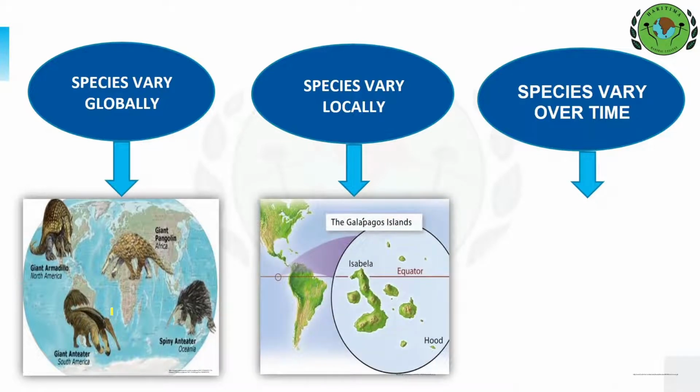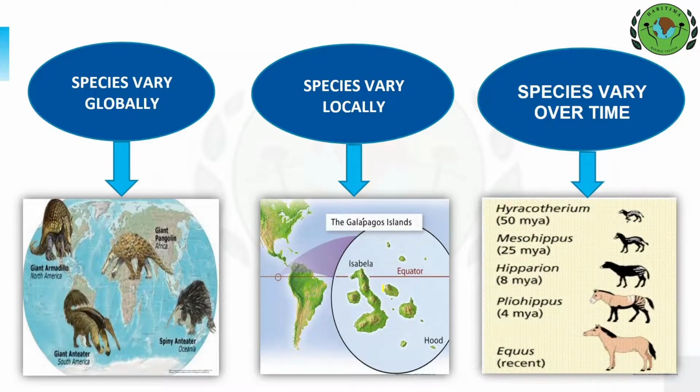Next pattern is how species vary locally. Darwin noticed that different yet related animal species often occupied different habitats within a local area. An example of this is in the Galapagos Islands. Galapagos has several small islands. On different islands, Darwin found that tortoises are somewhat different from each other in their neck size and shell shape. This difference is due to difference in vegetation patterns. So there are similar species which lived very close to one another, yet they varied.